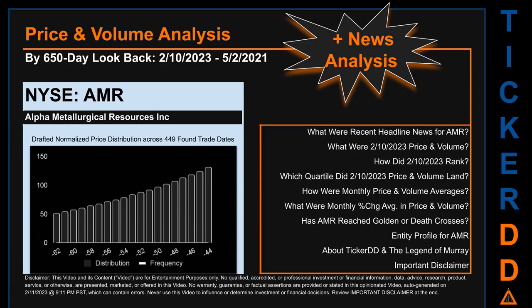The chart shown on this page is our initial attempt at studying the price for AMR after dynamically normalizing price distribution across those discovered trade dates. The bar chart is the generated distribution and the overlaid line graph, if it is generated, is the frequency of the prices on the x-axis. We will enhance this look through as our AI model progresses in the next iteration.